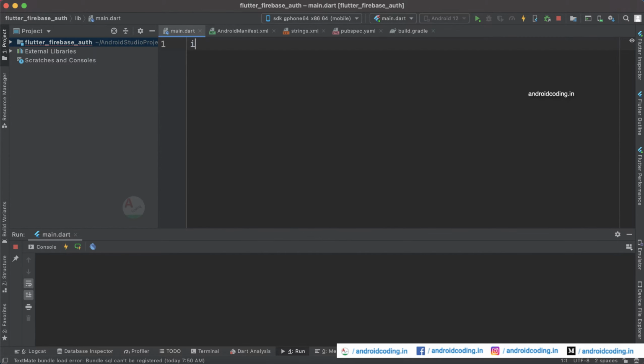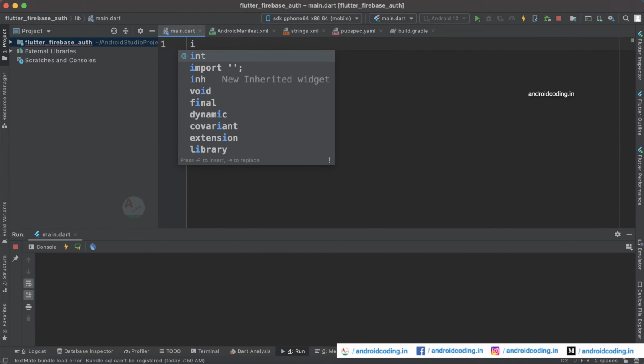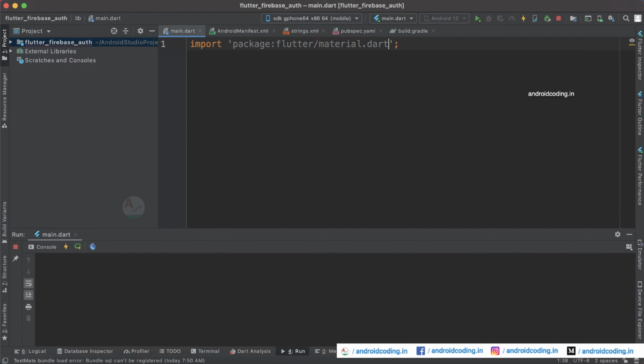Now let's import material.dart and create our void main. If you have followed our previous tutorials, we have created an asynchronous void main inside which we initialized Firebase.